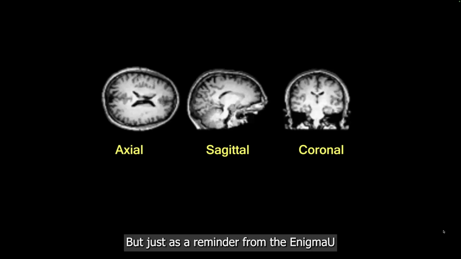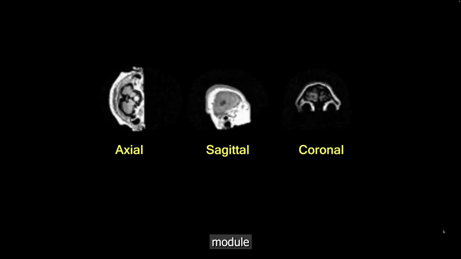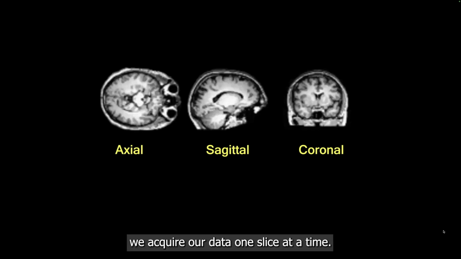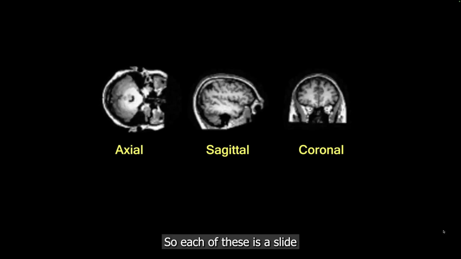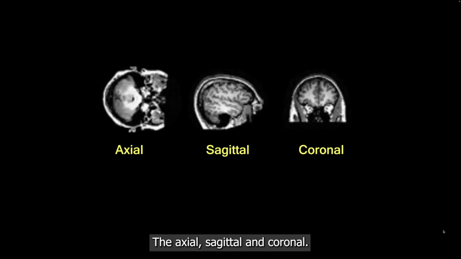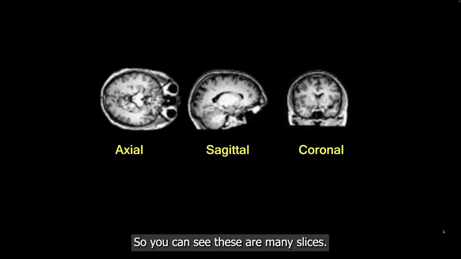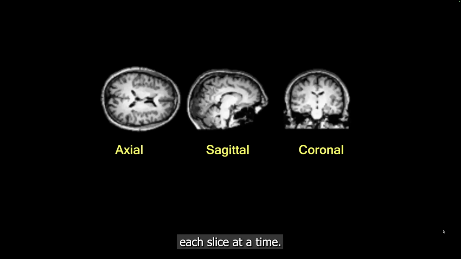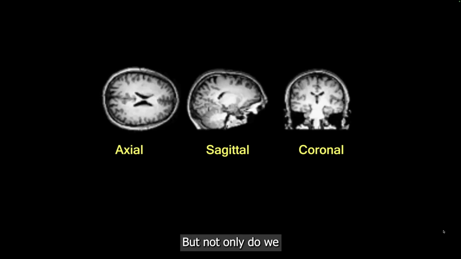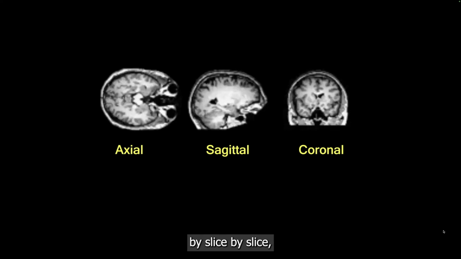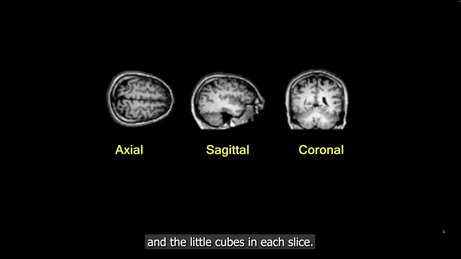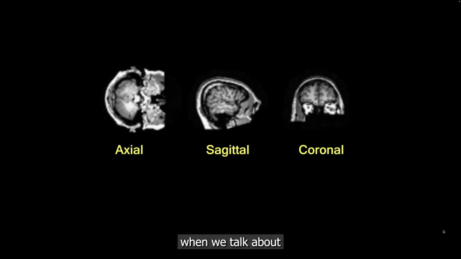But just as a reminder from the ENIGMA-U module on the physical principles of MRI, we acquire our data one slice at a time. So each of these is a slice, going very quickly through these different views, the axial, sagittal, and coronal. So you can see these are many slices, and we acquire each slice at a time, and we put it together to make a three-dimensional view of the brain. But not only do we acquire the data slice by slice, but we also have information in each of the voxels, or the little cubes in each slice. And I'll show you an image of that as well. And that becomes really important when we talk about functional